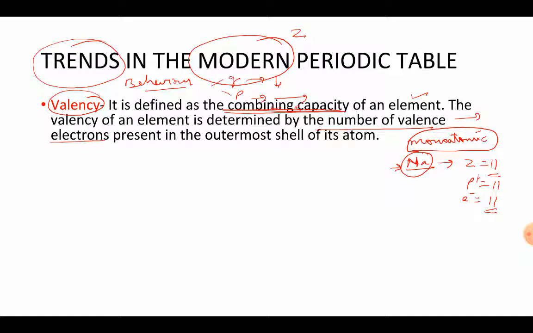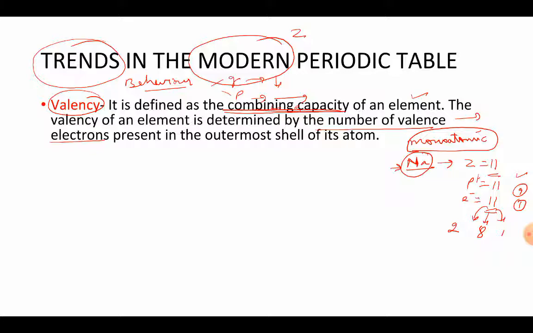Now we will start with the electronic configuration, and we all know that we have 11 electrons. Out of the 11 electrons, the very first shell can only take a maximum of 2 electrons. Now after taking 2 electrons, how many electrons are left with us? 9. Now the second shell can take a maximum of 8, not more than 8. It can take less than 8 depending on how many electrons are present, but here we have 9. Maximum that the second shell can take is 8, and now we are left with 1. So it means that the 1 electron will go into the third shell.